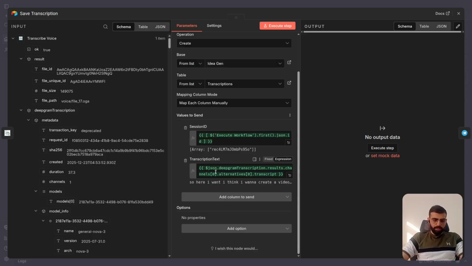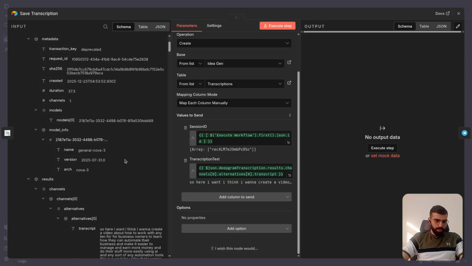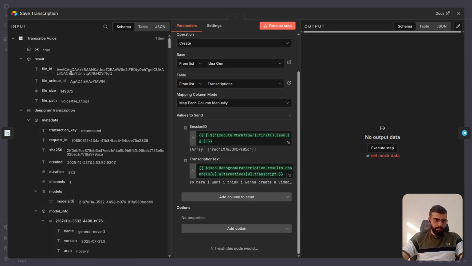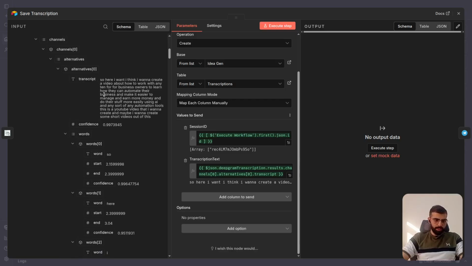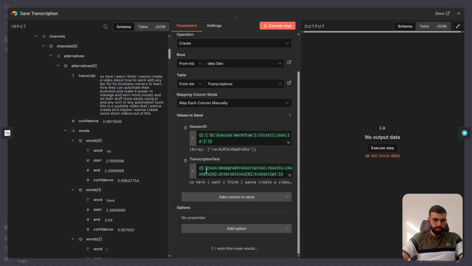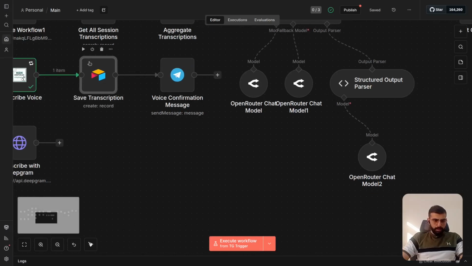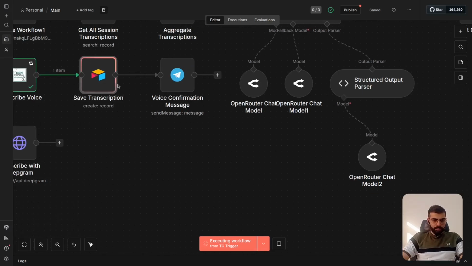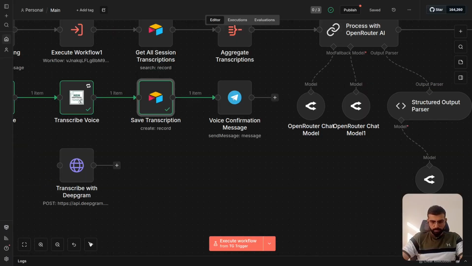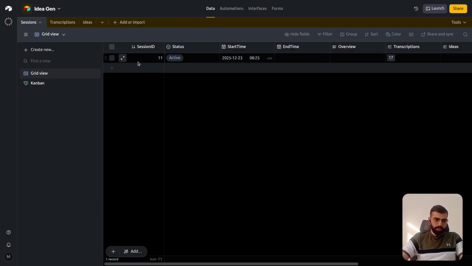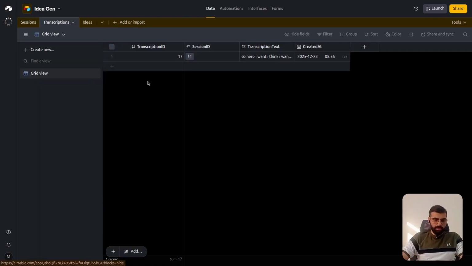So the next thing here is that we need the whole text for the transcription. So we just look at the left side panel, and we just look for the text. As you can see, it's very simple and easy to recognize. We just drag it and drop it in the input. That's it. After this, let me run this step. If we go to the Airtable, we're going to see that one single transcription has been added here. It is exactly what I sent to the